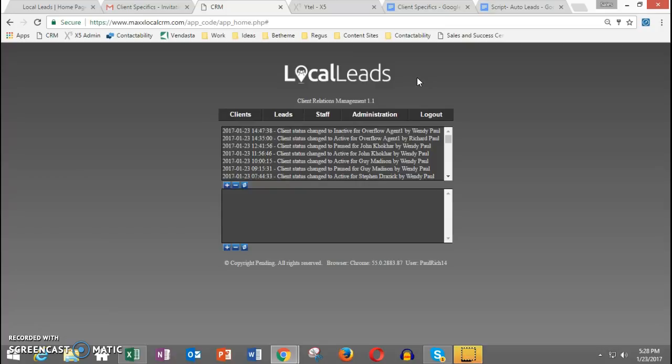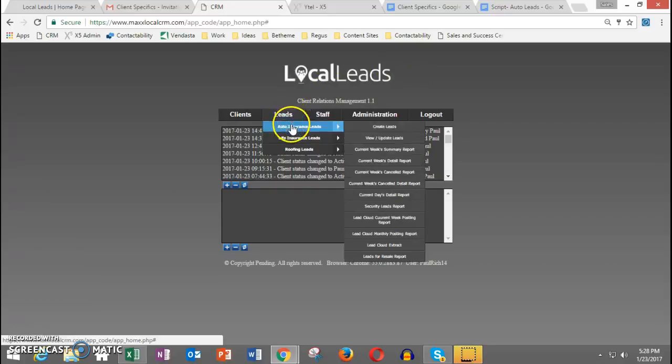Most of the time, where you're going to spend a majority of your time is going to be right here in leads and then auto insurance leads, and then drop it down over here. It says create lead. Now, real quickly, before we show you the create lead screen, the other button that we'll go over in another video is this view and update leads. So in the event that you speak to a lead, they tell you to call them back next Tuesday at 4 o'clock, and you want to pull up the rest of their information that you already collected, view and update leads is exactly what it says: to view or update a lead. You'll use that, and we'll go over that more in depth in another video.